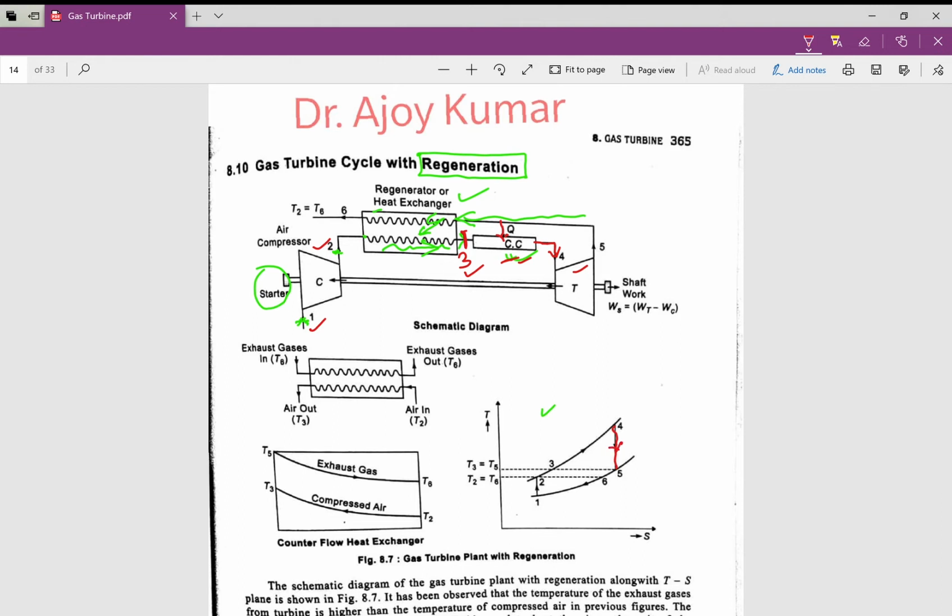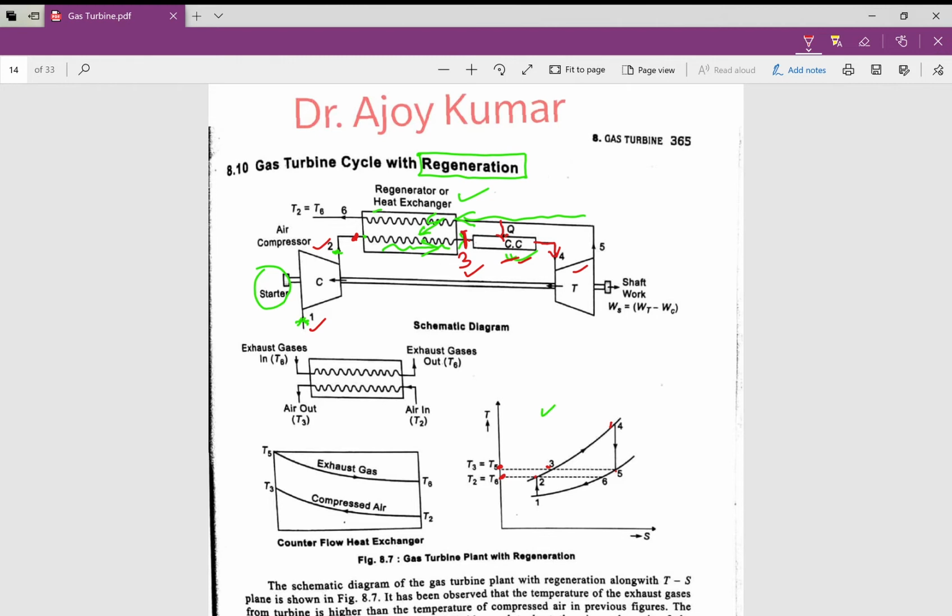Point 3 comes in between 2 and 5, that is, in regeneration from 2 to 3. From 2 to 3, this compressed air gets heated and temperature increases from 2 to 3. This is a TS diagram. Temperature increases from this value to this value. Right. So now after expansion in the gas turbine, that is in process 4 5,